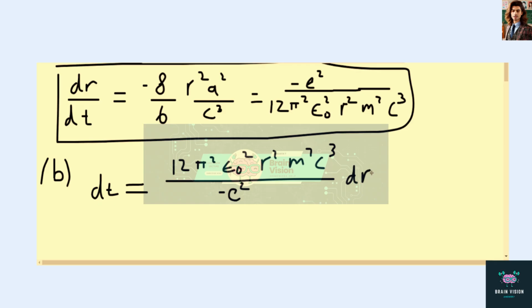Well, everything except for r is a constant. So I'm going to plug in those constant values. M is the mass of the electron. C is the speed of light. Epsilon naught is just that constant. Pi squared, of course, is just a constant. E is the charge of the electron. So plugging in all these values, we'll take the integral of both sides here. We find that t is equal to, and this integral goes from r naught to r,